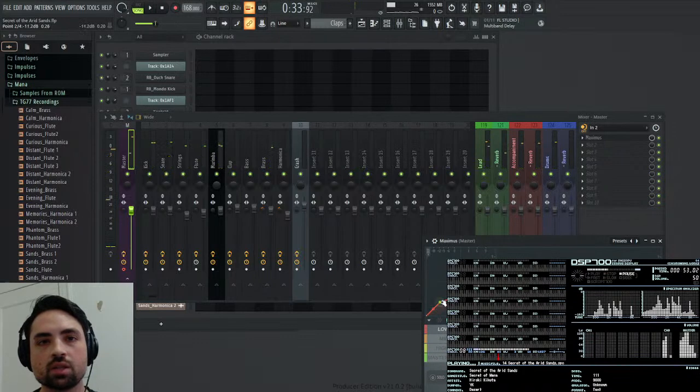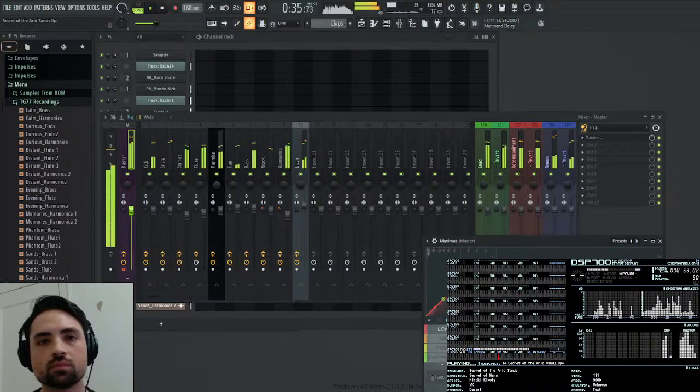Let me let the bass get bigger, because there's bass in this section. Yes.